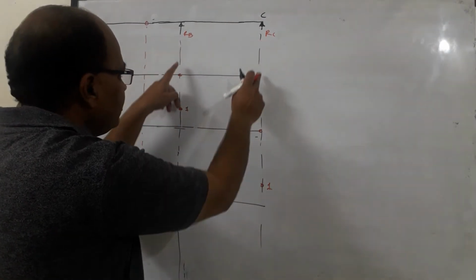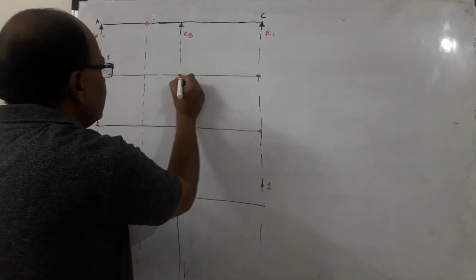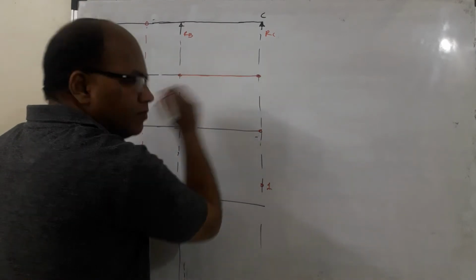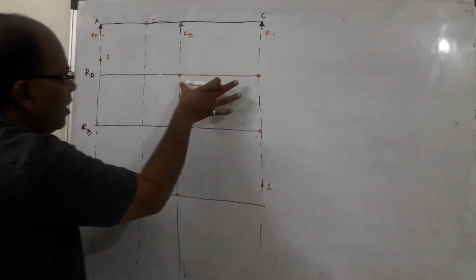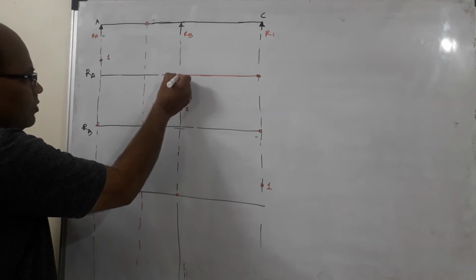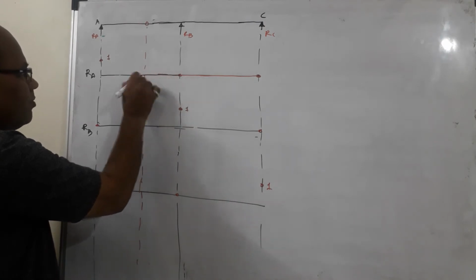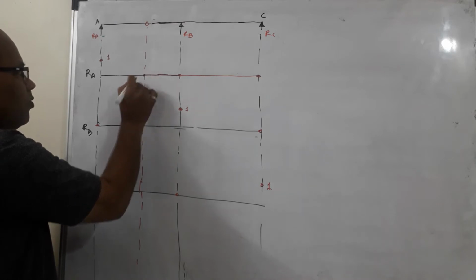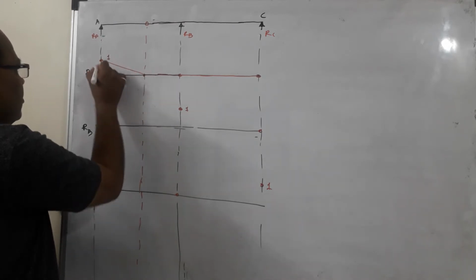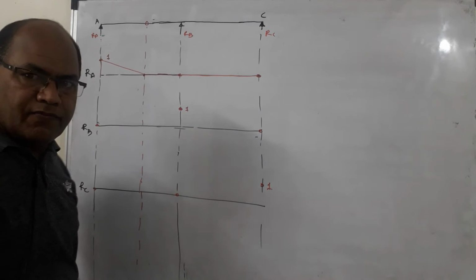So consider BC, there are these 2 points, so join these 2 points. Now once I get ILD for this span, what I will do is that I will extend the same straight line till the hinge is reached. So I am reaching the hinge over here. So it is one more point and join these 2 points now. So this is the ILD for RA.